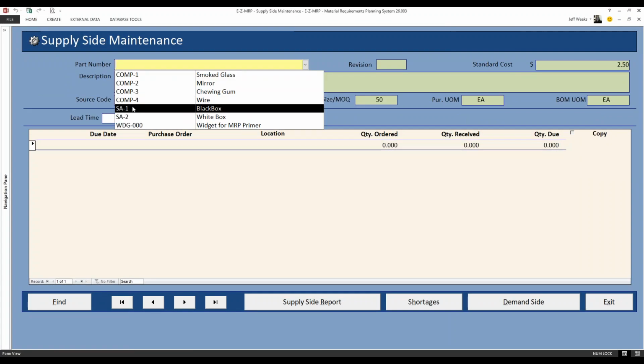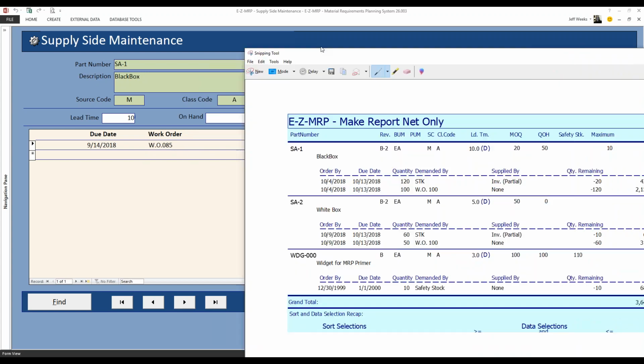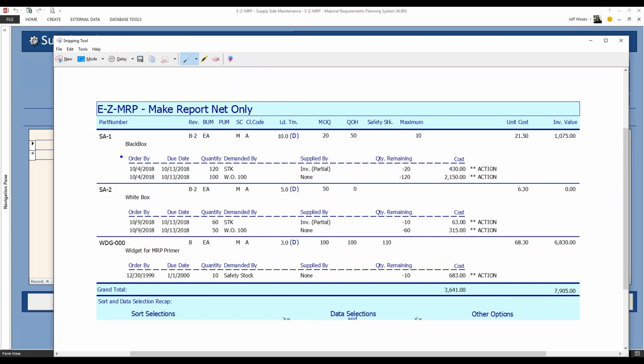So, starting with our SA1 report, SA1 is saying we have 50 here. We have a requirement of 50 for this order. And we have to build some for our safety stock. So what I may want to do is, since I already have 50,